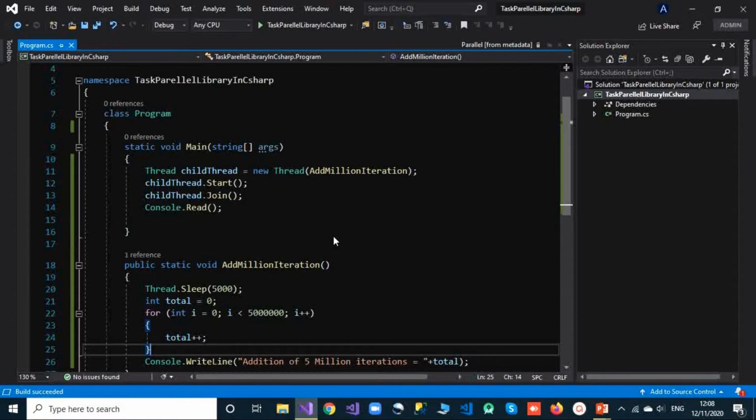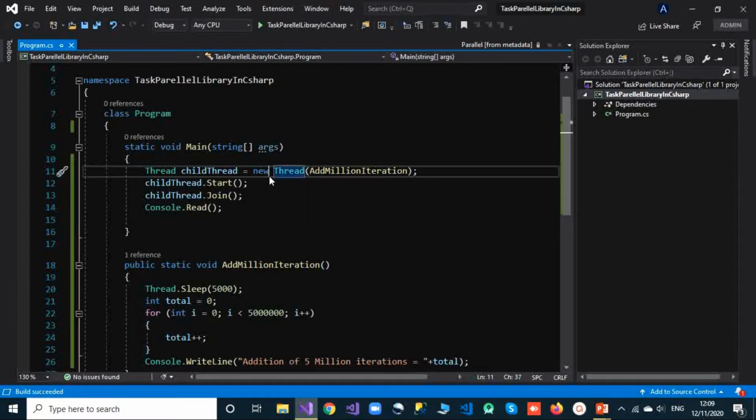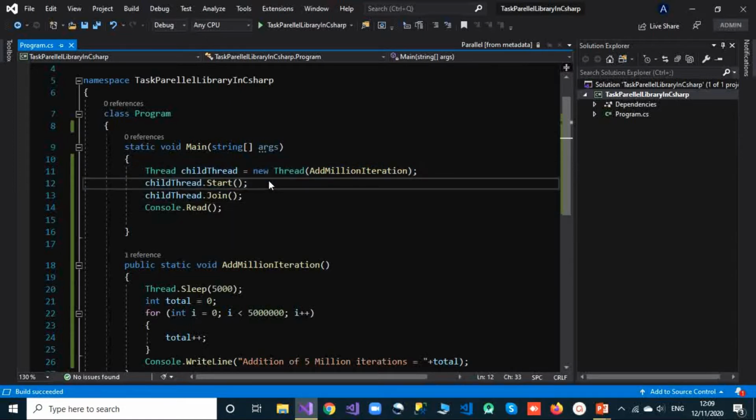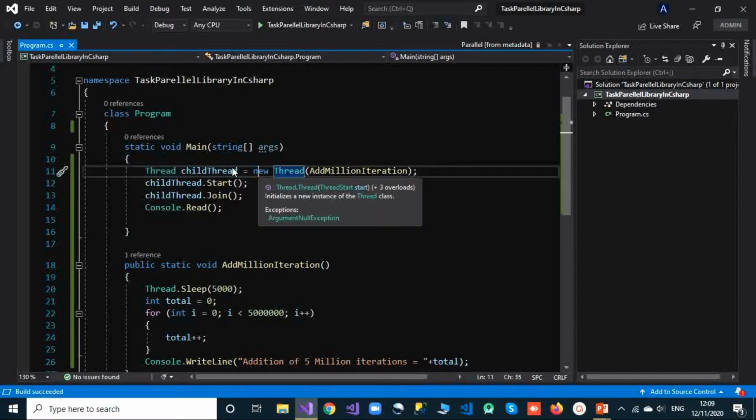Okay, but what is the problem running this in a thread? So we know why we use threads. We use them for a more responsive user interface. But behind the scenes, we thought that it is making our application more responsive, improving the performance of our application, making our application more efficient. But behind the scenes, this is not actually creating a new thread in a separate processor, but only a single processor is handling these threads as well as this main thread.